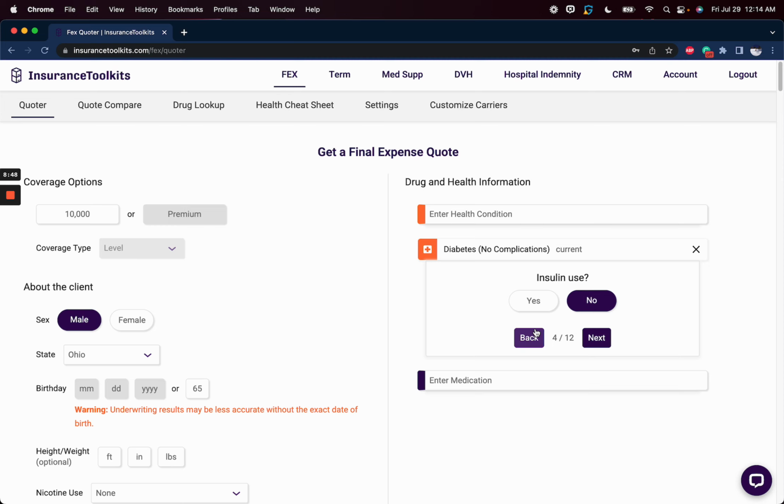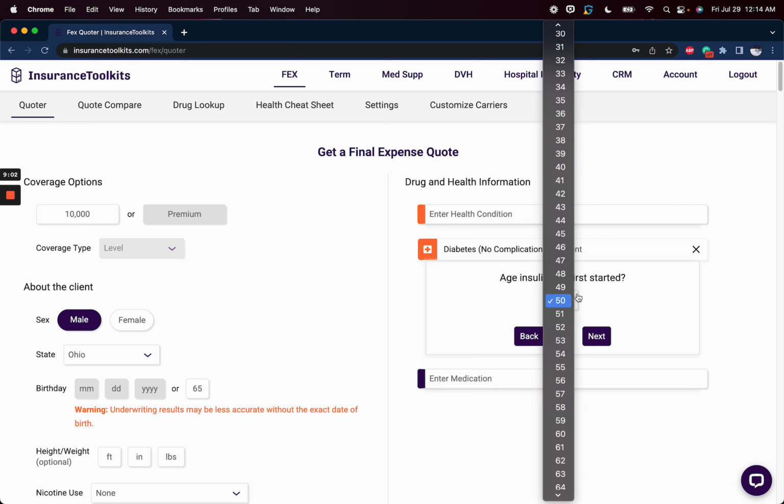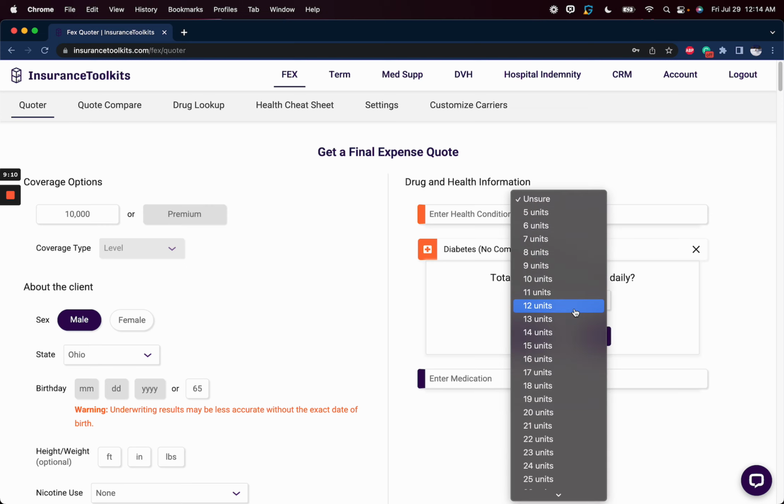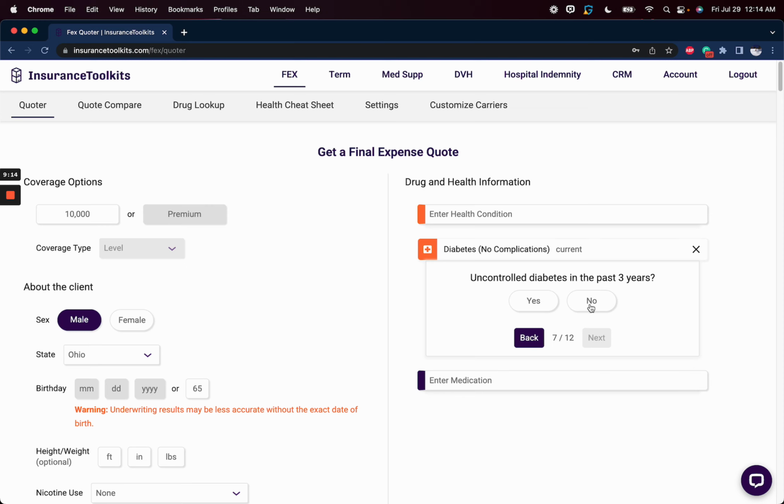Now let's go back, and let's say this client actually does take insulin. They forgot that they do, and they wanted to remind you that, oh yes, I do take insulin. So when I hit yes, depending on the carriers I have selected again, we see the question, age insulin use first started. So we're going to say the client first started insulin use at age 54. Now again, depending on the carriers that you have turned on, we'll ask about the units. So let's say this person takes roughly 24 units of insulin a day,